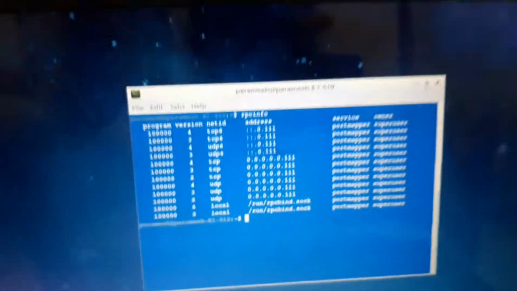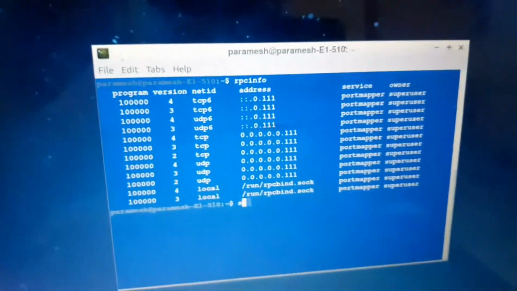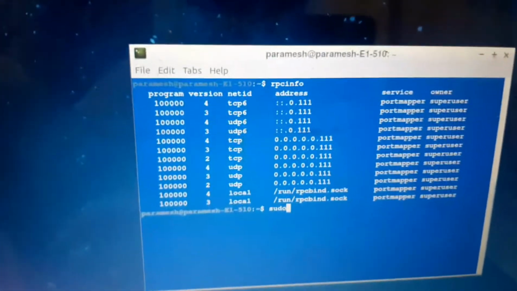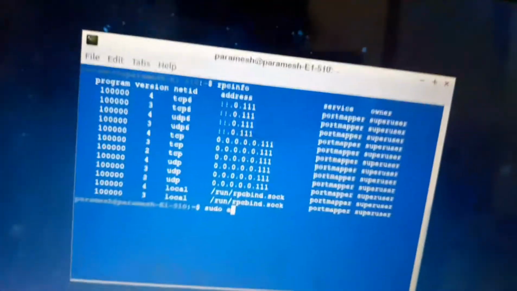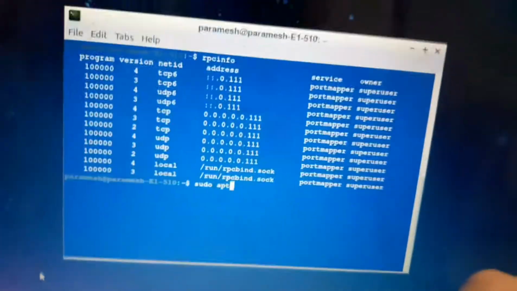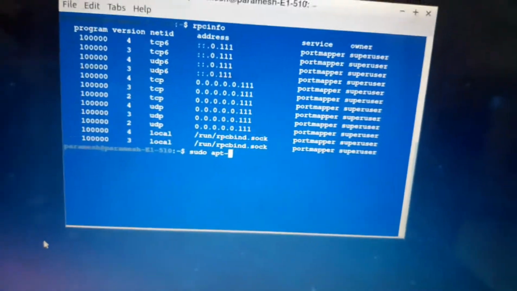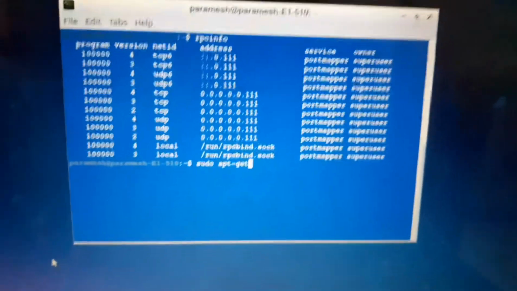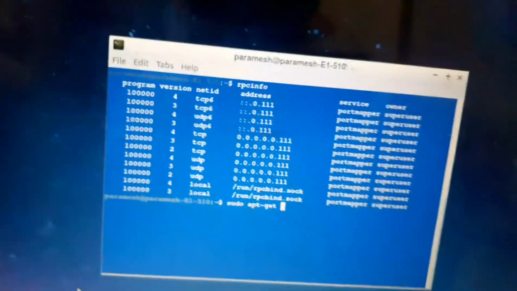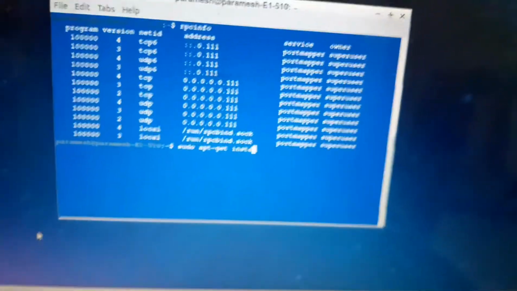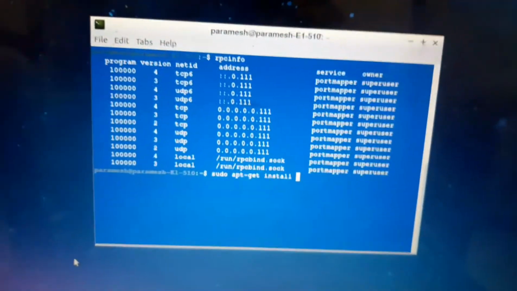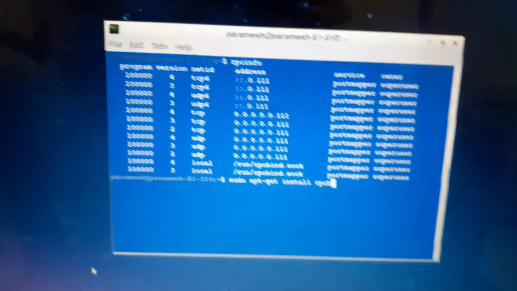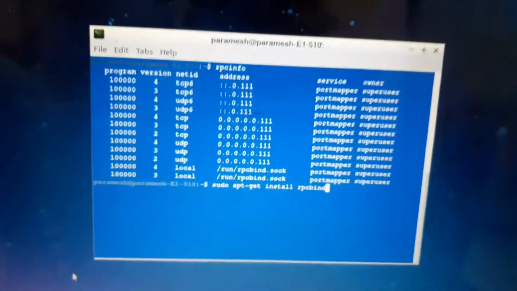If you don't get this message, type sudo apt-get install rpcbind.